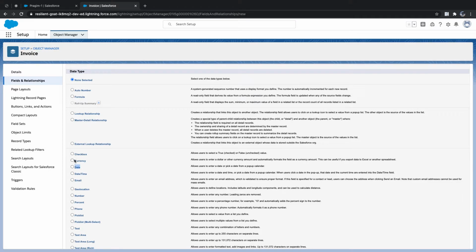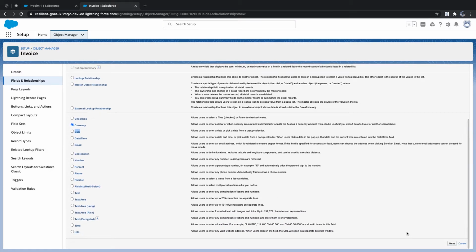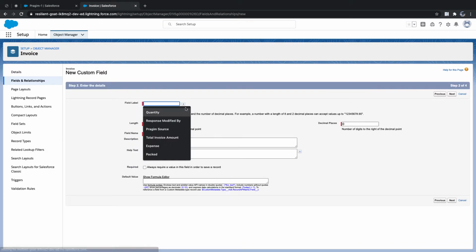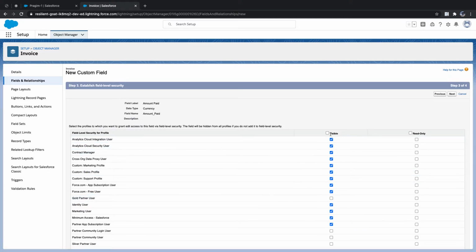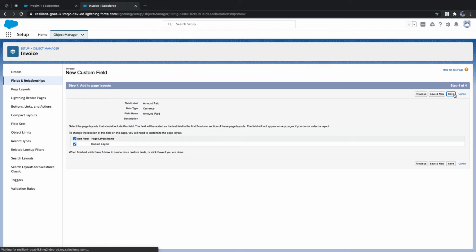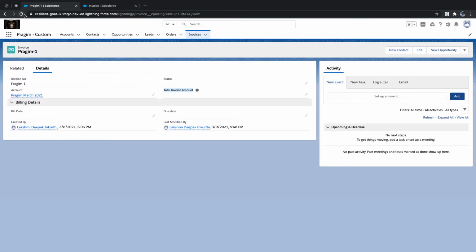I'll say amount currency. Next, and I'll say amount paid, and I'll say 10 and 2 is the characters, decimal places. I'll say next, visible to all. Next, save. Now you can see